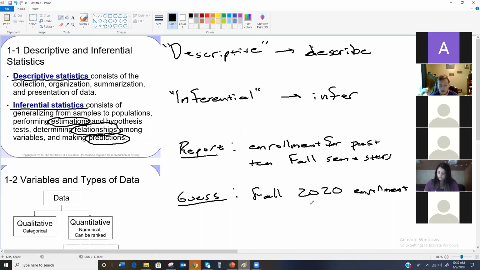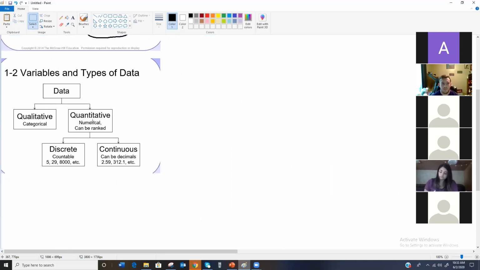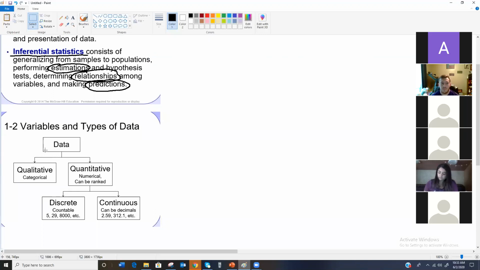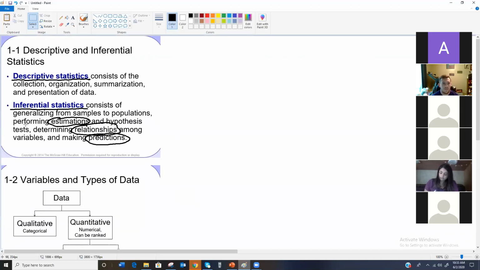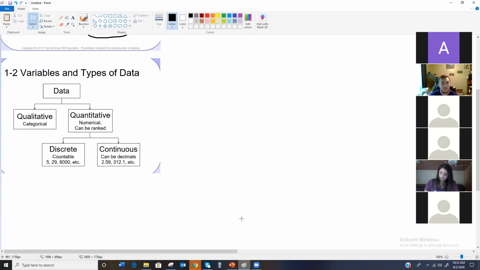Okay. So wait, in qualitative and quantitative, can they both be descriptive and inferential, or is it kind of one or the other? No, hold on one second. So let's go down to that slide. So qualitative and quantitative data can both be descriptive and inferential. Qualitative and quantitative is just a matter of what type of data it is. So like when we were talking about hair color,